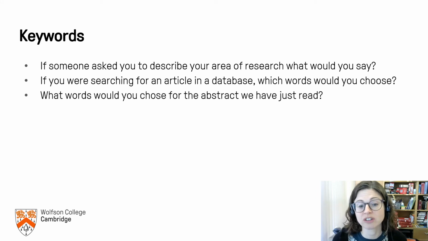Now, I mentioned at the start that as well as an abstract, we're looking for 5 key words that will help situate your research within your own discipline, your own subject area. And I think a good way to start thinking about this, if they don't immediately jump out at you, is to think about the keywords that you would use to search for a relevant journal article or a book in a catalogue.